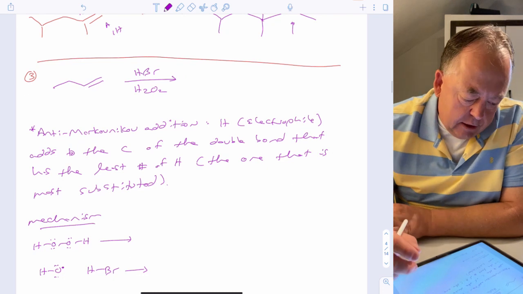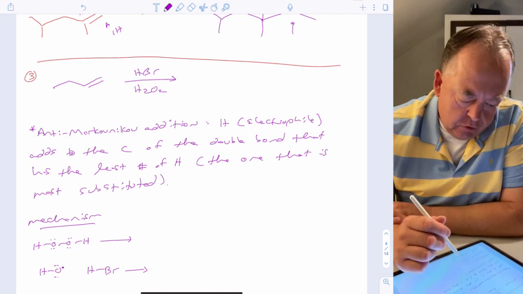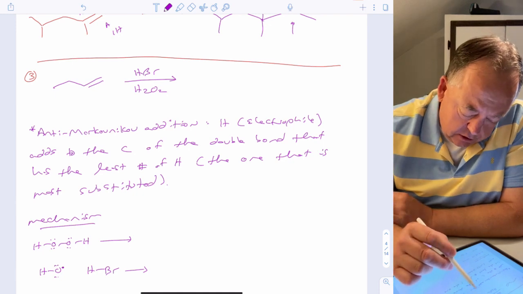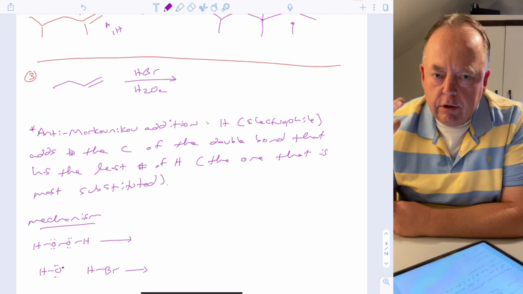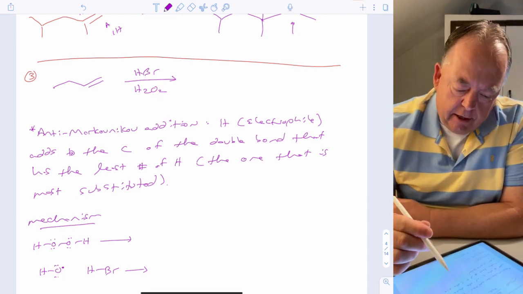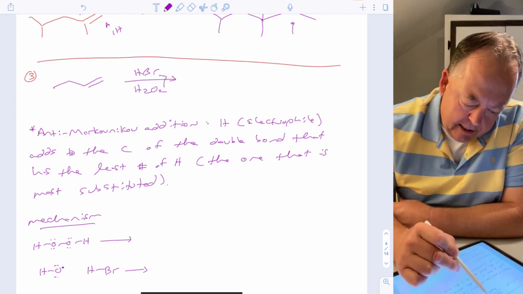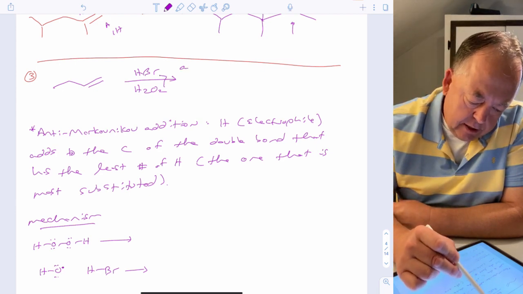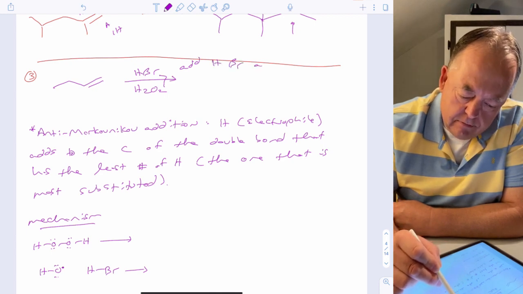Okay, so next reaction. Take an alkene with HBr and H2O2. It becomes helpful in organic chemistry if you just learn to recognize reagents. So you memorize reagents, and you just know what it's going to do to the reaction. If you add HBr and H2O2, what that's going to do is add H and Br across the double bond,